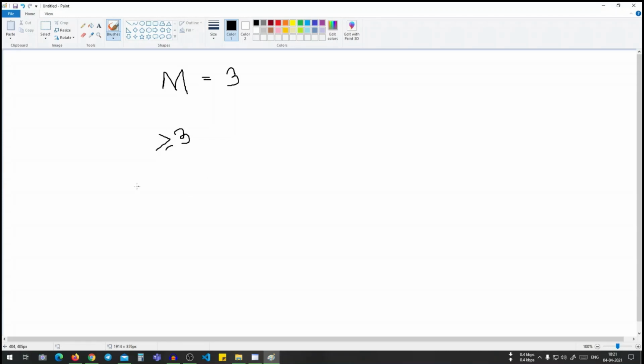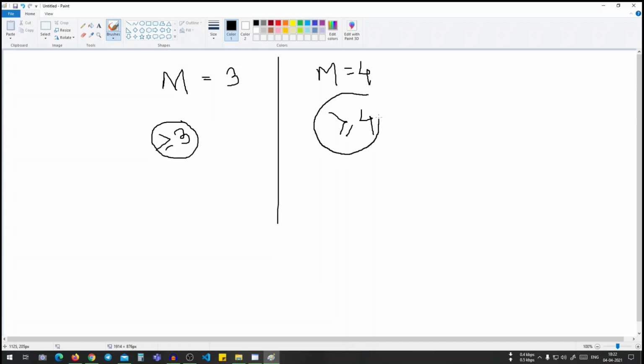Let me repeat myself. If M is equal to 4, that means if a line is matching with greater than or equal to 4 students, that line will not be considered as flag.